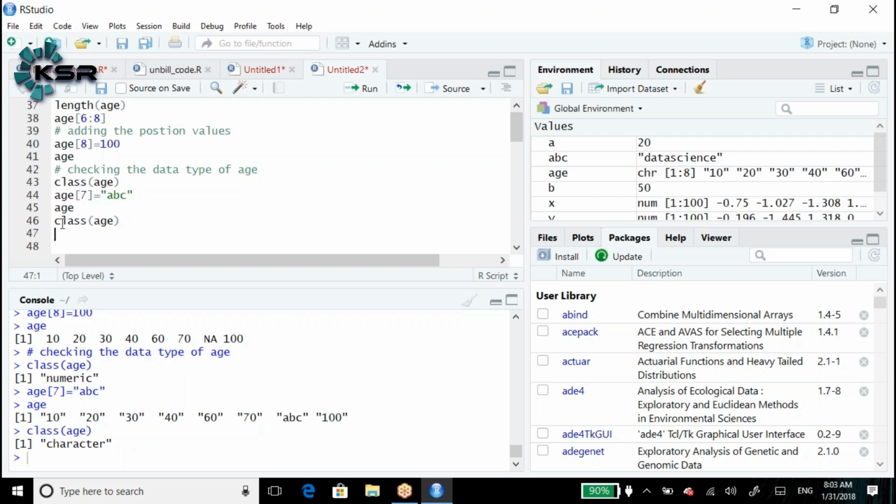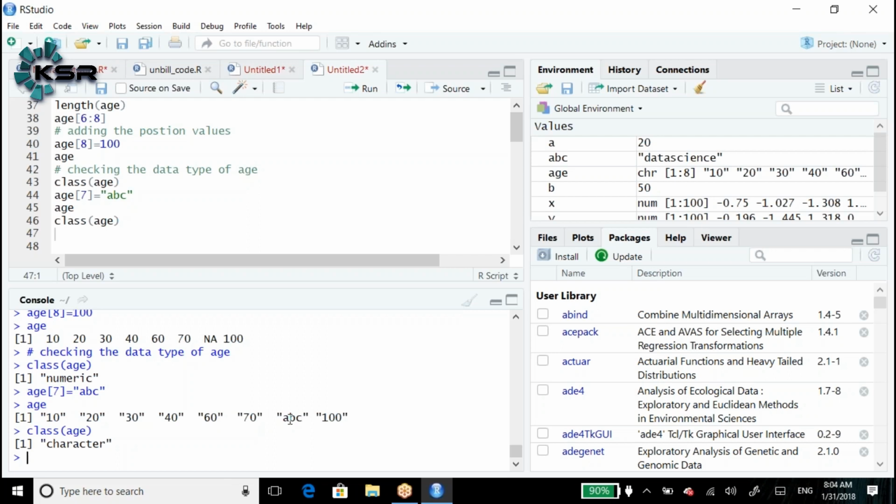Now you may have a question. Here, are 10, 20 character values or numerical values? All of these are character, right? Because we added the 7th position as a character, the entire variable or object will be considered as a character. Each and every position will be considered as a character; though those are numerical, they will be considered as characters only. The format is character format.